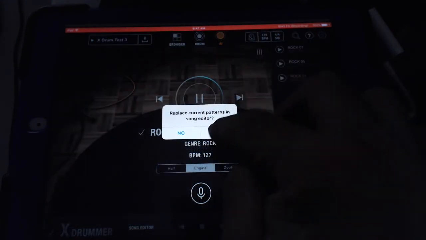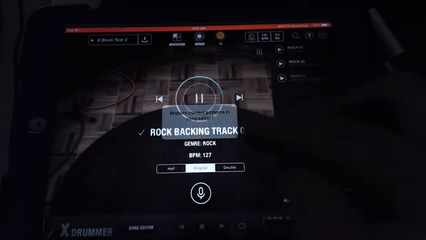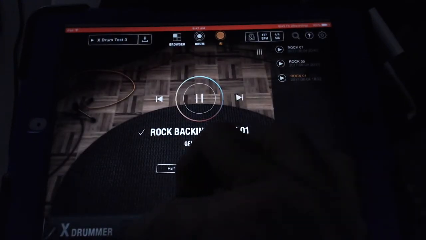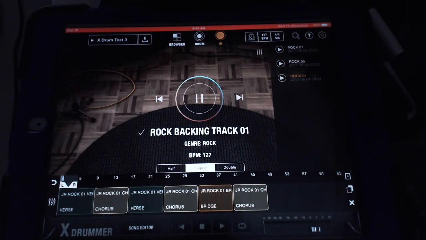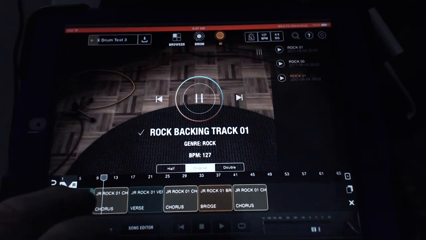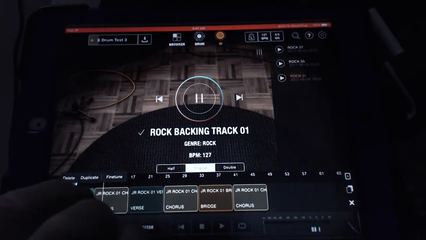It asks you if you'd like to. It's going to erase whatever's in there. Yes. Now it's in the song editor down here at the bottom. Let's have a look at that. Let's say you want the opening to be a little more exciting. Rather than taking the chorus part, which is another option if you want to arrange things that way, you could just go in here,